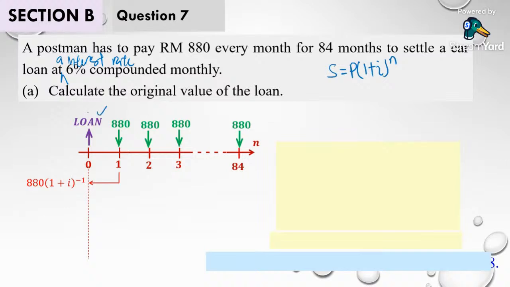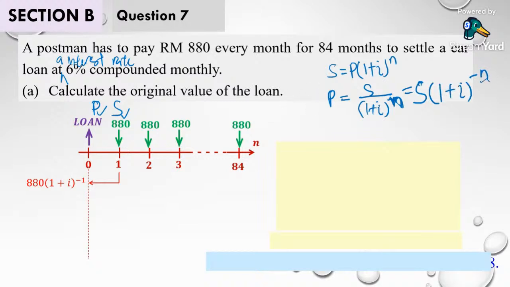So if I take these two as reference, this happens to be the P, this is the S. If I want to write the equation, P in terms of S, that means from here P is equal to S divided by (1 plus i) to the power of n, and when we rewrite it in one line, it is power of minus n. The n here refers to how many compounding periods have happened backwards.